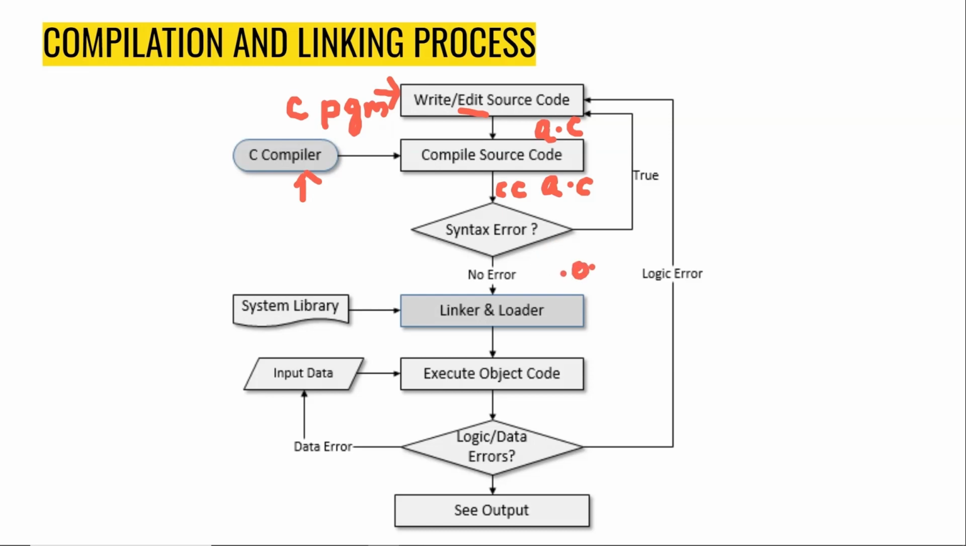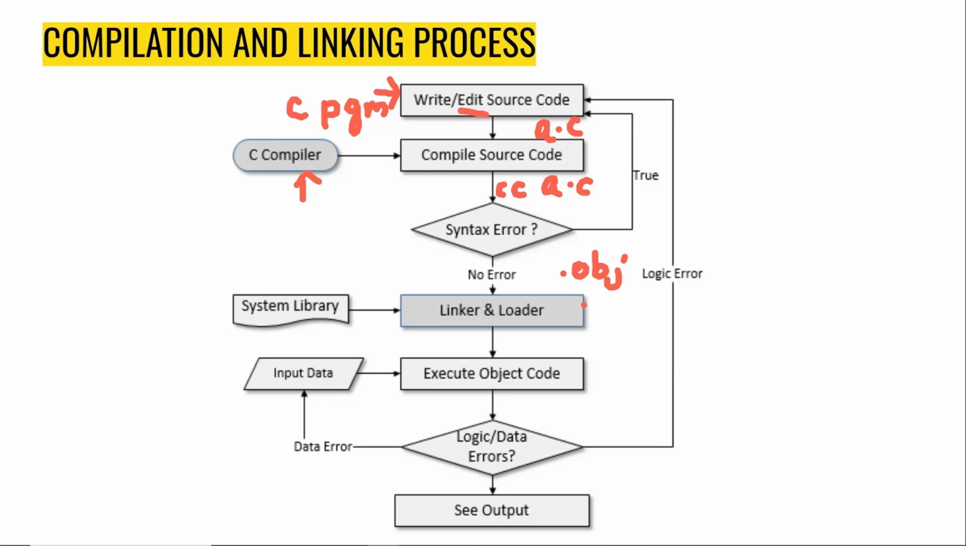So if there is any syntax error, that will be thrown during the compilation stage. Again, if we have an error, we can edit the program, save it and compile the program. So if there is a syntax error, you have to edit it, save the program, then compile the program. When you do not have any error, you move on to the next stage, which is the linker and